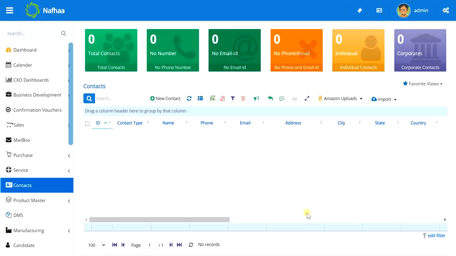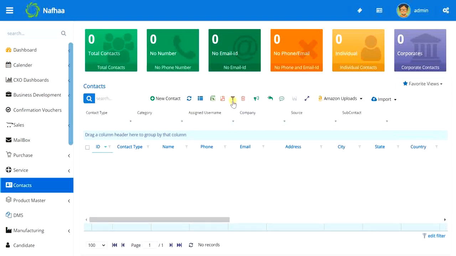Okay, clear? Now the next option is to export the data to Excel. Whatever data you have there, you can export it to Excel. Similarly, you can export it to PDF. Then there is a quick filter option given. These are the quick filters, commonly used filters by which you can filter the data. We will come back to filters again once we add one or two records, and then we will filter and see the records.